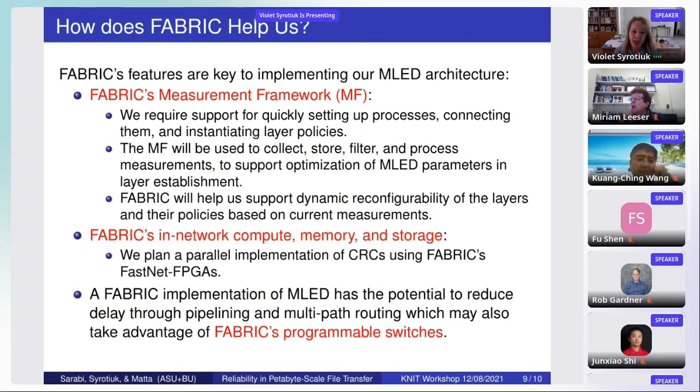but we think that Fabric has some unique features that we can take advantage of in the implementation of our architecture. And the first is using the measurement framework. In this way, we can actually query nodes to determine what kind of resources they have, because we're looking for nodes with high compute power. For example, Miriam was just talking about FPGAs. We're interested to implement the CRC computation in FPGAs in parallel. And so we would be interested in finding nodes that have those capabilities